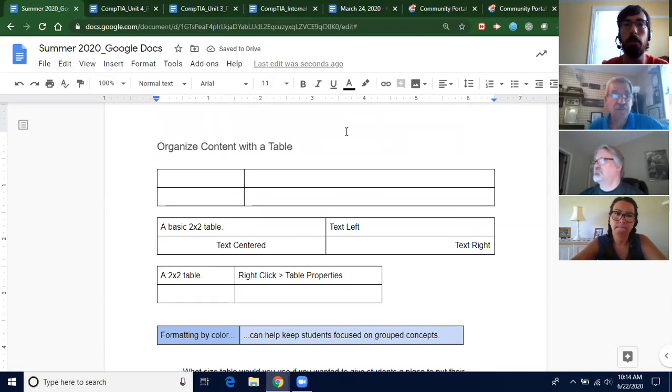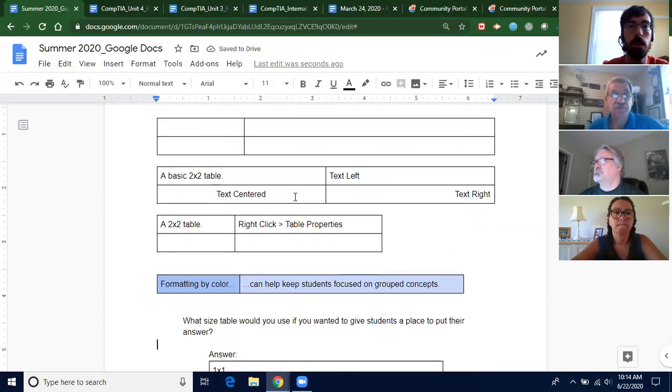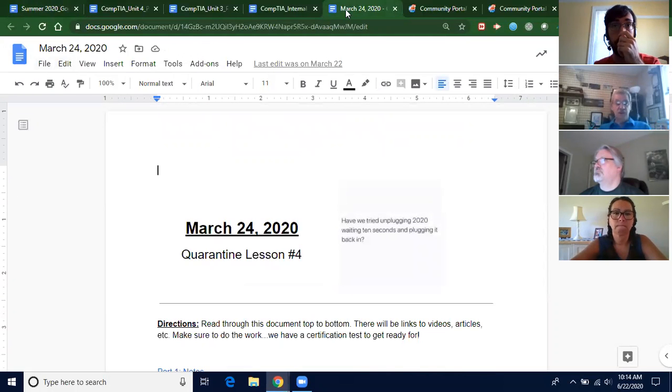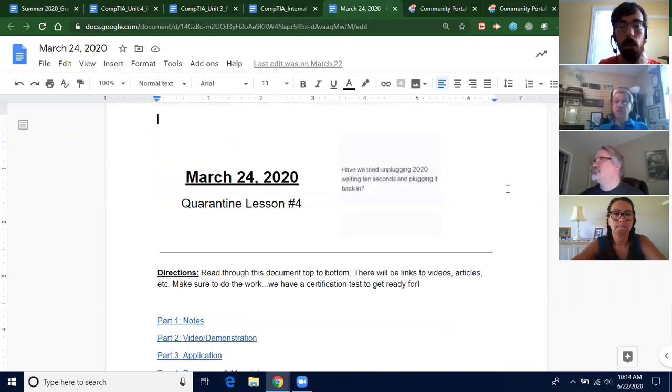All right, so I have a couple of examples of how I've used some of these things with my own class. This one is from back when we first closed and we were giving students lessons for quarantine. I actually did one lesson for one day. It was a little on the longer side, but